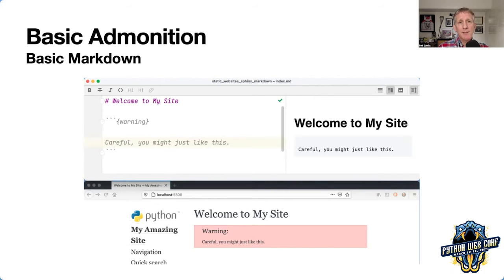What MyST does is it says, hey, how about this? You put something in colons, and I'm going to use the Sphinx directive for that. You're like talking to Sphinx inside that colon. So in this case, I want the warning directive, which is an admonition in Sphinx. And so I put warning in there, and then it's Markdown right in the middle of that. That's a pretty cool way about that.